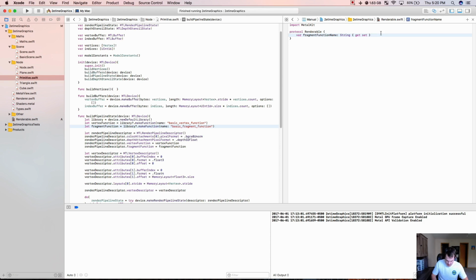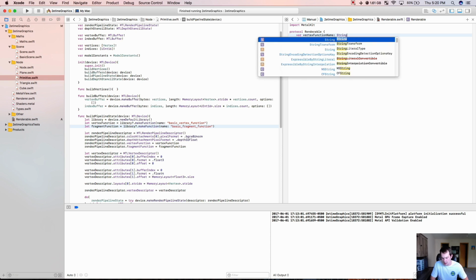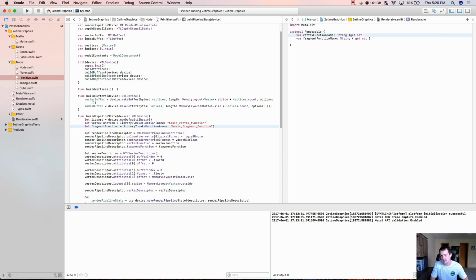Boom. And then we're going to have var, let's put this down there. Var vertex function name: String, get set. We have so many refactors because I want to explain what I'm doing, and it's nice to start small and then build on it, but I don't want to get too far ahead of myself. So we'll have a vertex function name and a fragment function name. See that? So these are going to have to move over here. In fact,